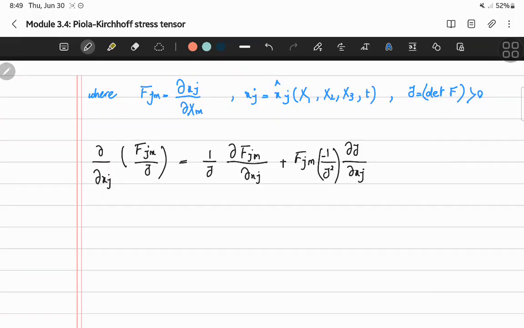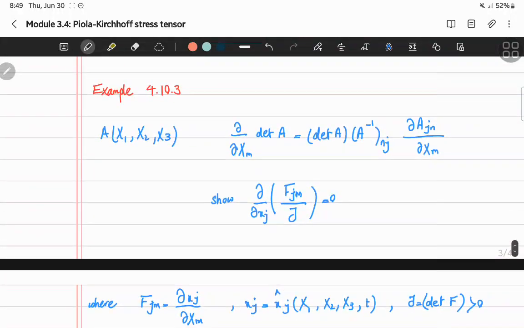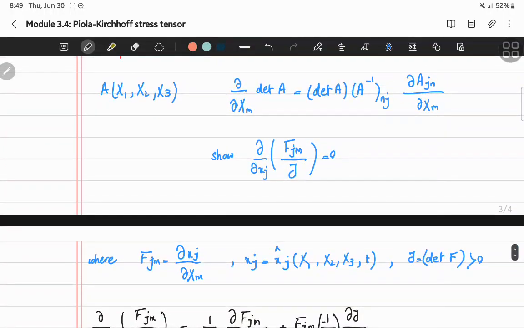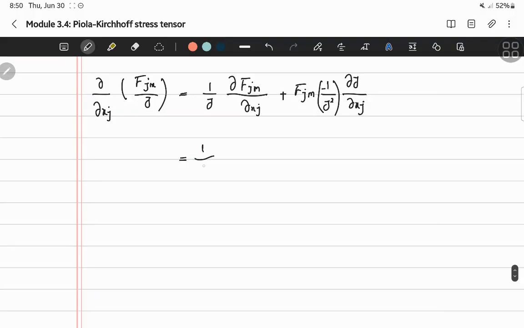So we have this in here. So we have to use a trick in here, because we're going to basically create this capsule xm in here. So we have to take the derivative with respect to the material coordinate. To do this, we are allowed to write the first term as the partial derivative of Jm with respect to capital Xn times capital Xn with respect to xj,